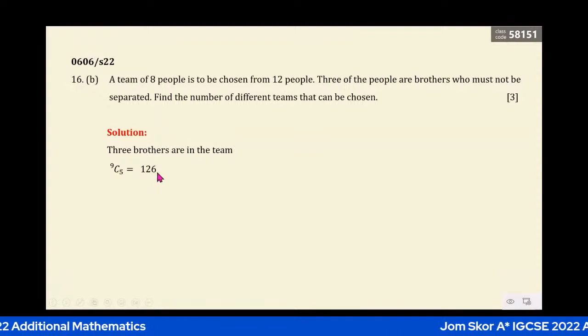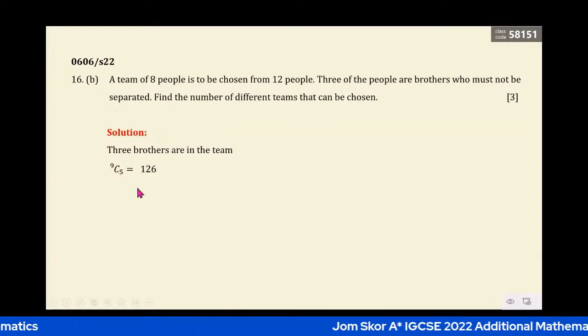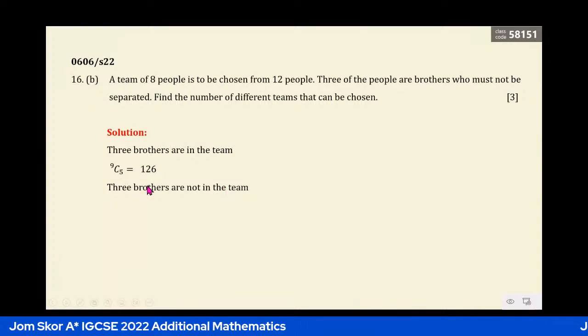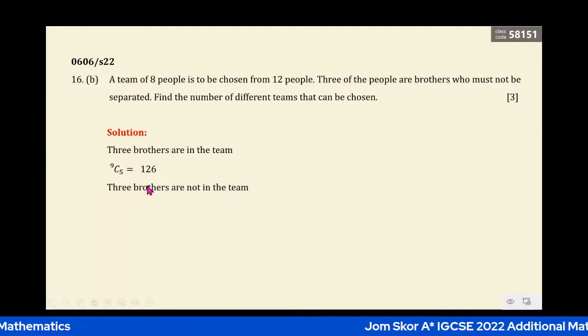Okay, alright. So what if these 3 brothers are not in the team? Okay, dia tak duduk dalam team. So kalau tak duduk dalam team, maksudnya kita terus dia keluarkan dia, 3-3. Alright, so meaning that we have 8 places to be